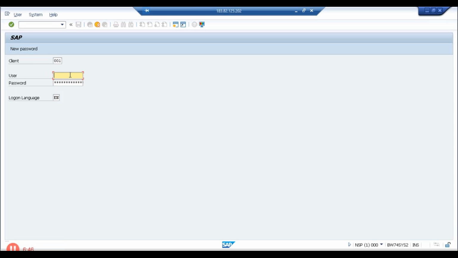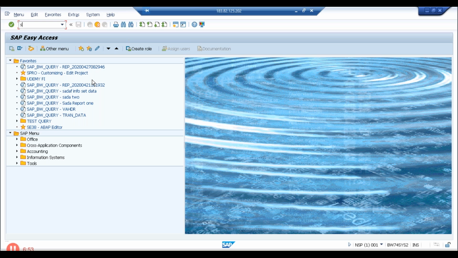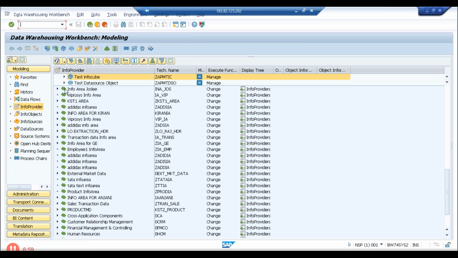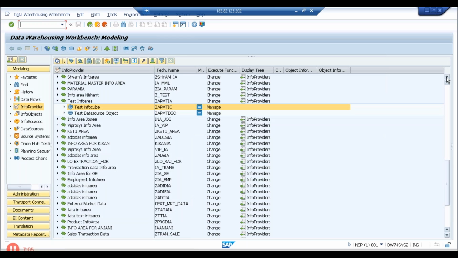So our cube is actually based on the star schema. There can be only one fact table in this multi-dimensional system. There will be only one fact table, and that fact table is actually surrounded by the dimensions. Now when we see the cube that we have actually created,